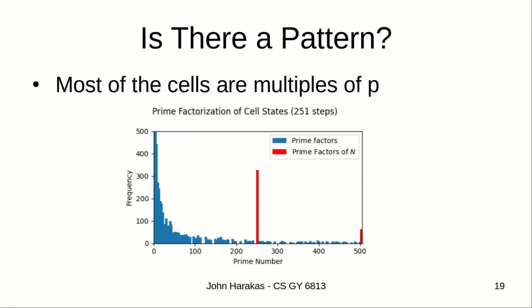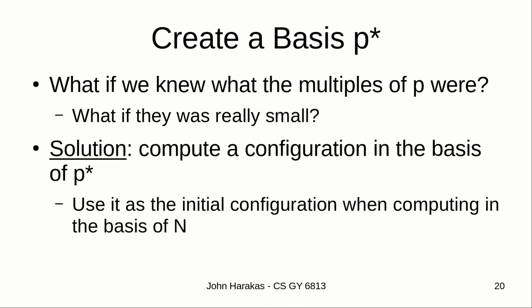But like I said, how do we make this work for us? Most of the cells are multiples of what we're looking for, so we need to use this to our advantage. If we knew what the multiples were, it would make things much easier, especially if they were really small. So if we compute a configuration with a really small modulus and use that as the initial configuration when we're trying to find n,